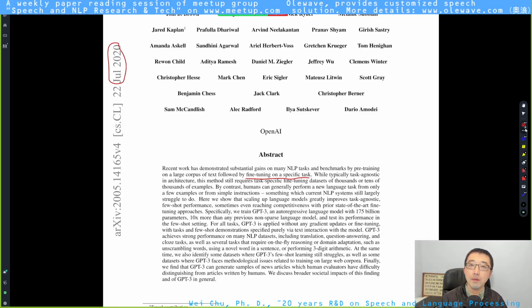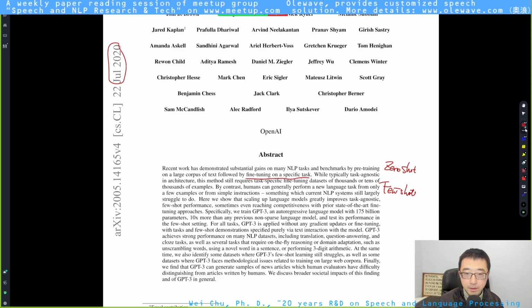This works, but in this paper, the authors are focusing on the zero-shot and few-shot cases, in which, when given a specific task, you do not have a lot of training samples.